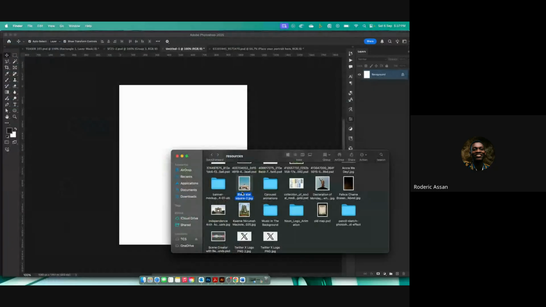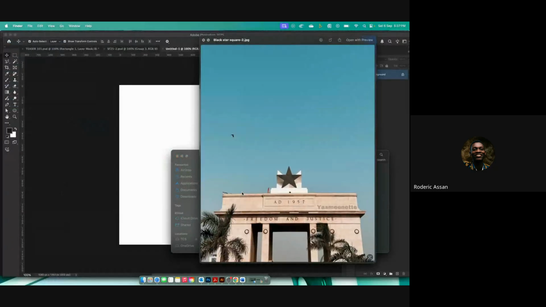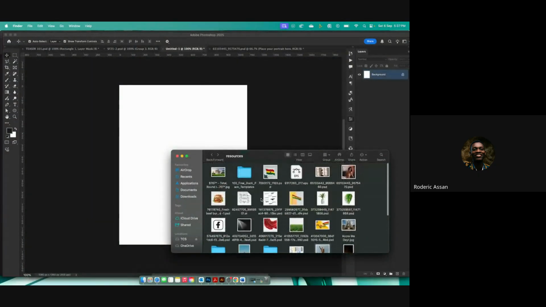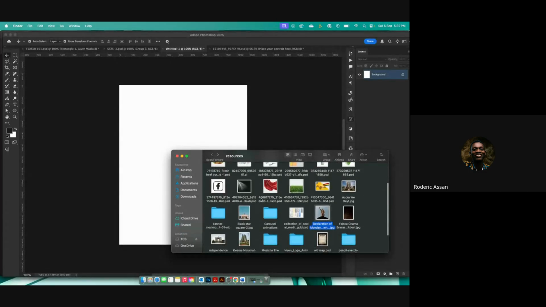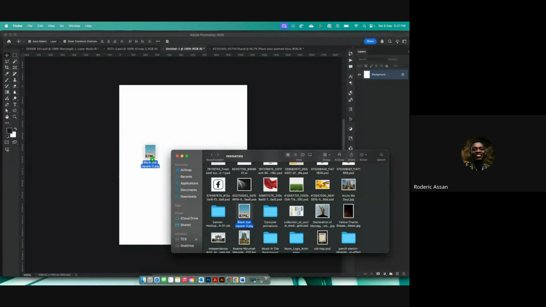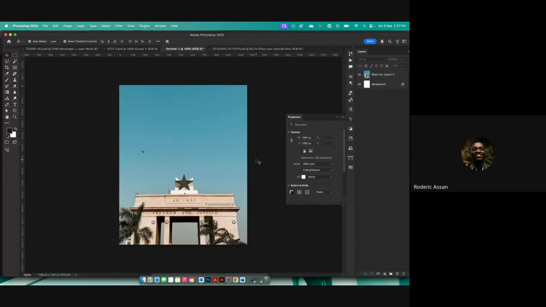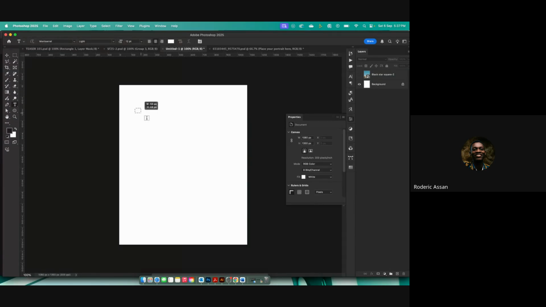So, like I was saying, this image, we use that to create a simple poster for Ghana. So let's import it. We know how to import an image already. We learned about composition. We learned about visual hierarchy. We learned about typography, and we learned about typographical hierarchy. Okay, so the project here is that you have been tasked